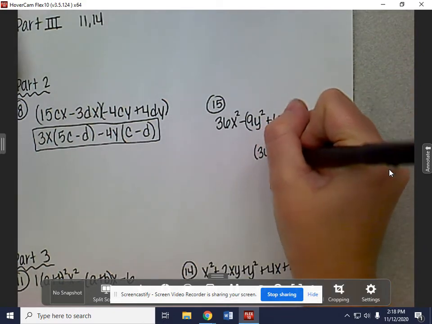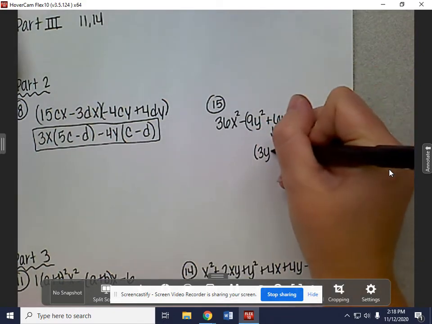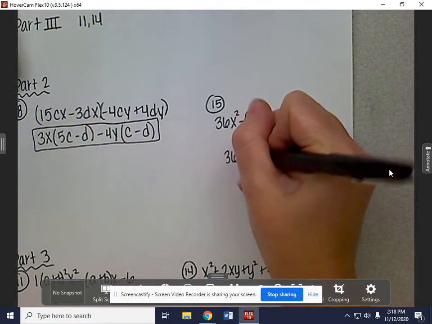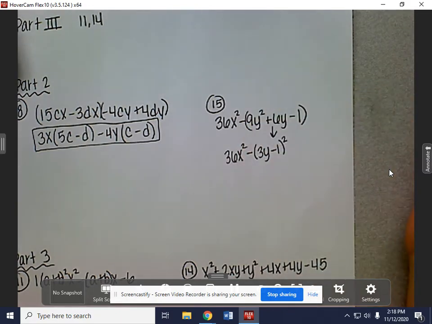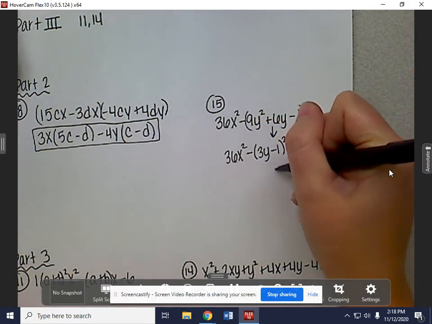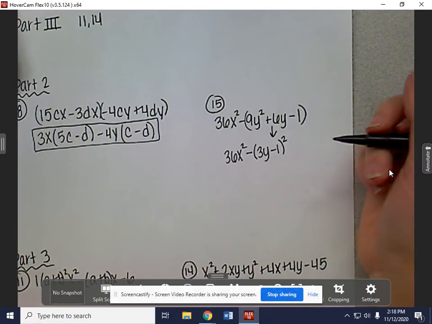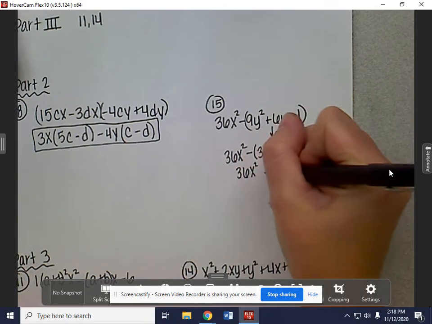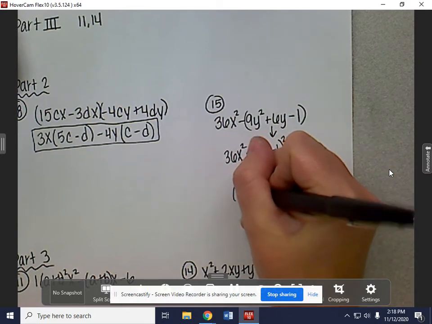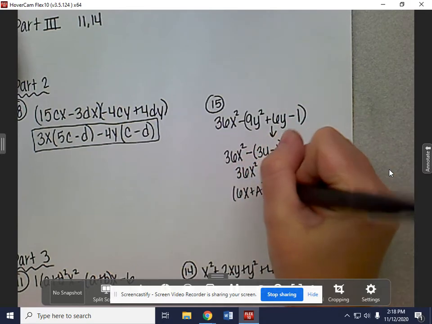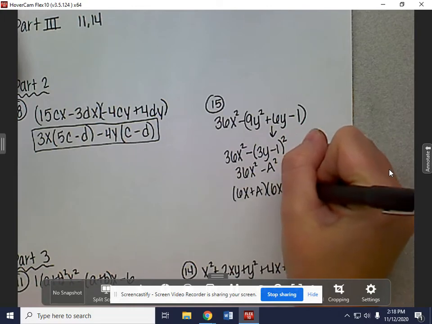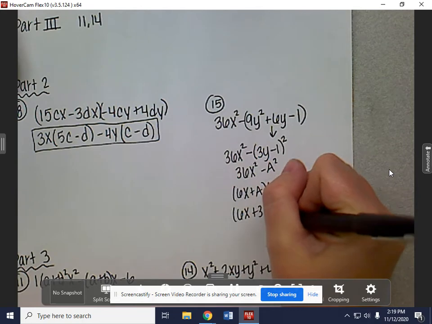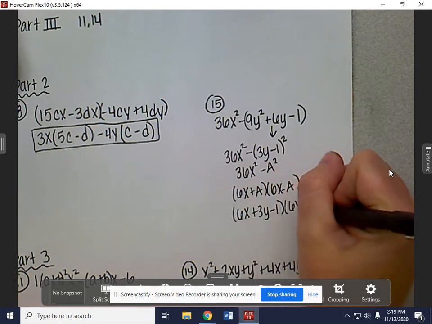The reason I did that is I can factor this. This factors to 3y minus 1. I'm going to write that as 3y minus 1, squared. So that's 36x squared minus that. If you want to do substitution and replace that with a, you can. So let's just say I do 36x squared minus a squared. That would be 6x plus a, 6x minus a. And then I would go back and replace that: 6x plus 3y minus 1, and then 6x